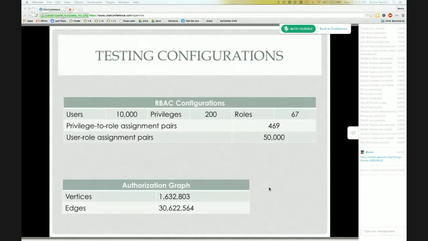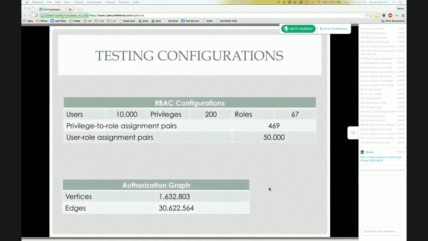So, moving into our empirical testing, we wanted to see how fast this works. We randomly came up with some configurations for the ReBAC part of the system, based on some numbers we've seen online on the discussion forums regarding OpenMRS deployments in various parts. We had 10,000 users and 200 privileges.